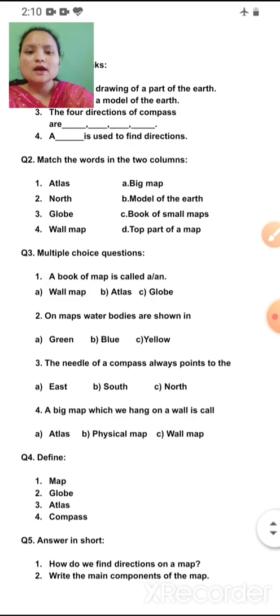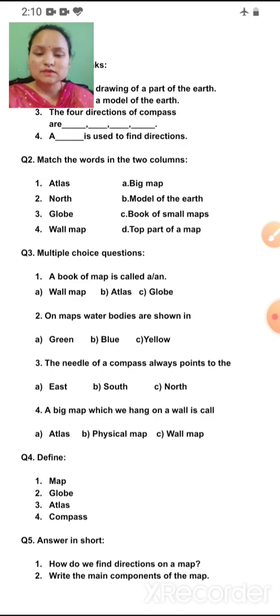Now question 2, match the words in the 2 columns. Atlas. What is an atlas, children? Book of small maps. North, top part of a map. What is a globe, children? Model of the earth. And what is a wall map? Big map. Multiple choice questions.